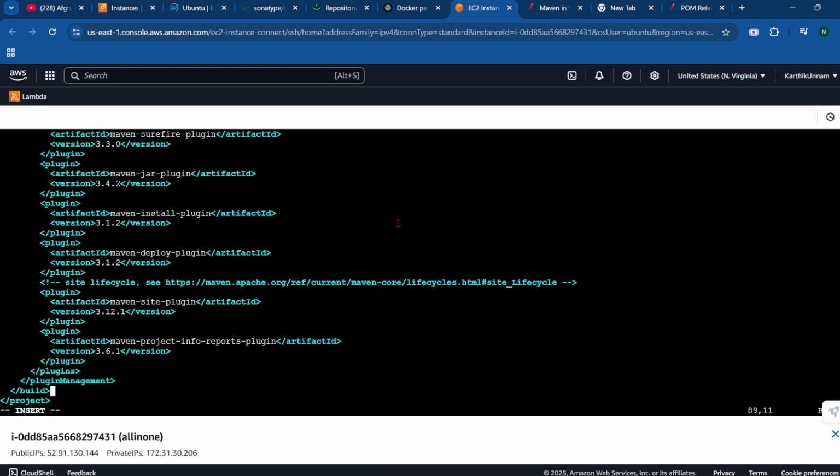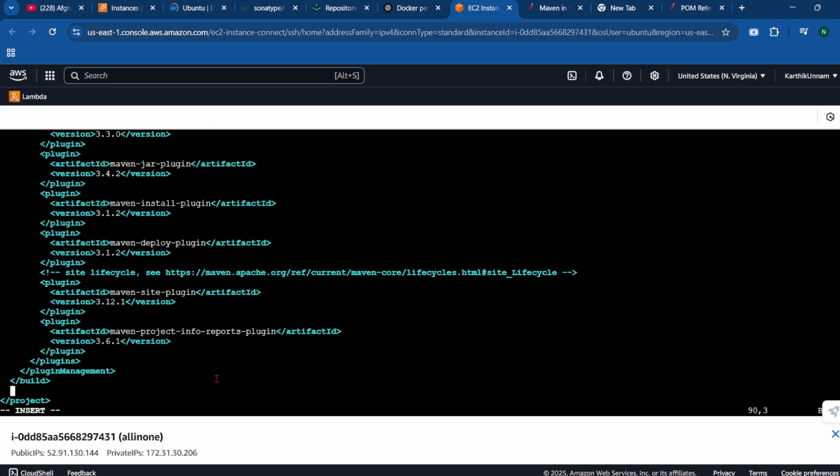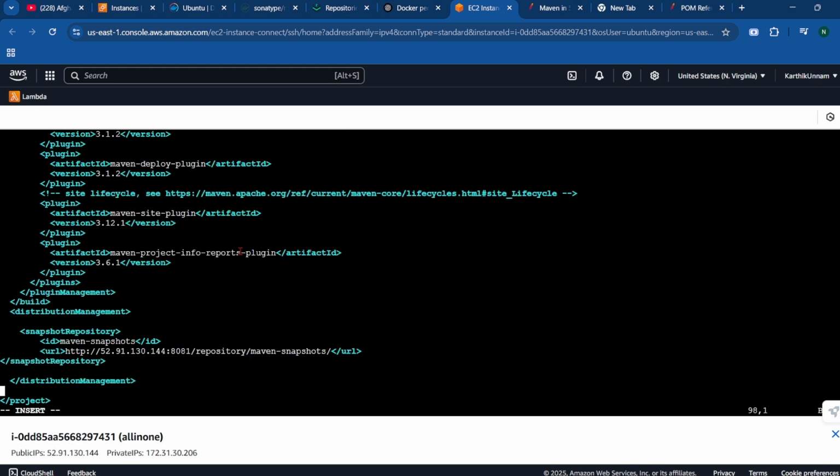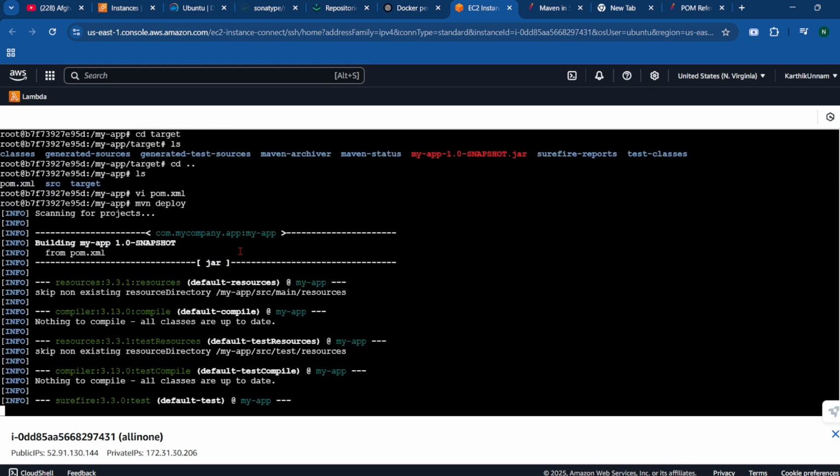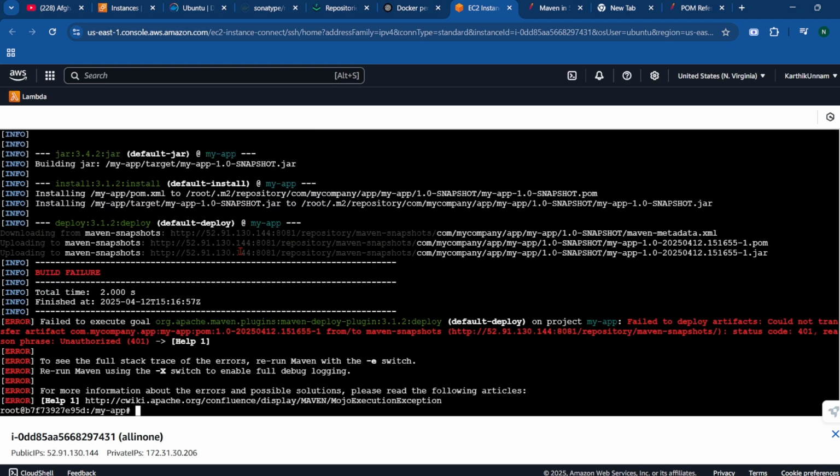Yeah, it is the root block in the project. Paste it. Okay. Now, if we run the goal mvn deploy, it will throw an error, an authentication error. See here, this one, status code 401. It means it can reach that repository, but it doesn't have the permissions to upload this